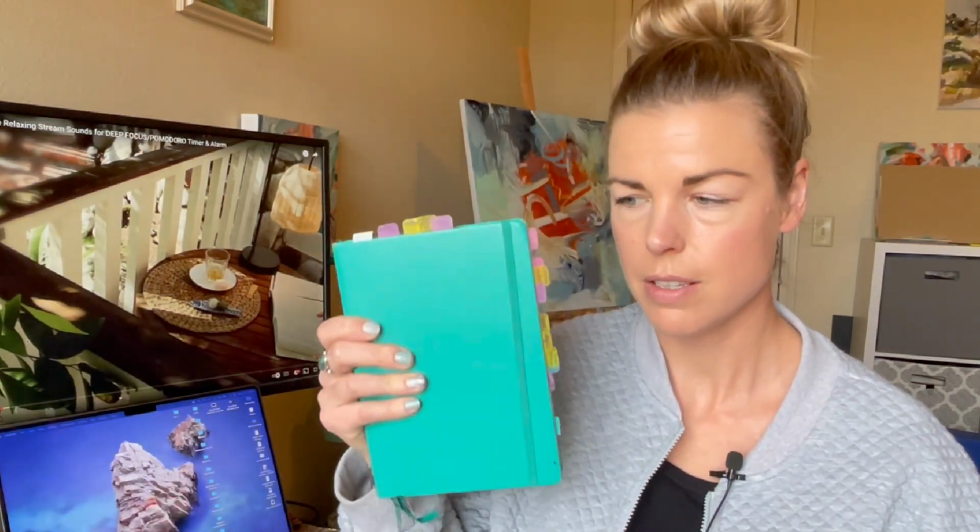I took my thesis notes in one just like it, and actually this one was the lined paper on the inside, and then I have used one of the dotted ones. I have kept a bullet journal before. It was just for 1 year, and